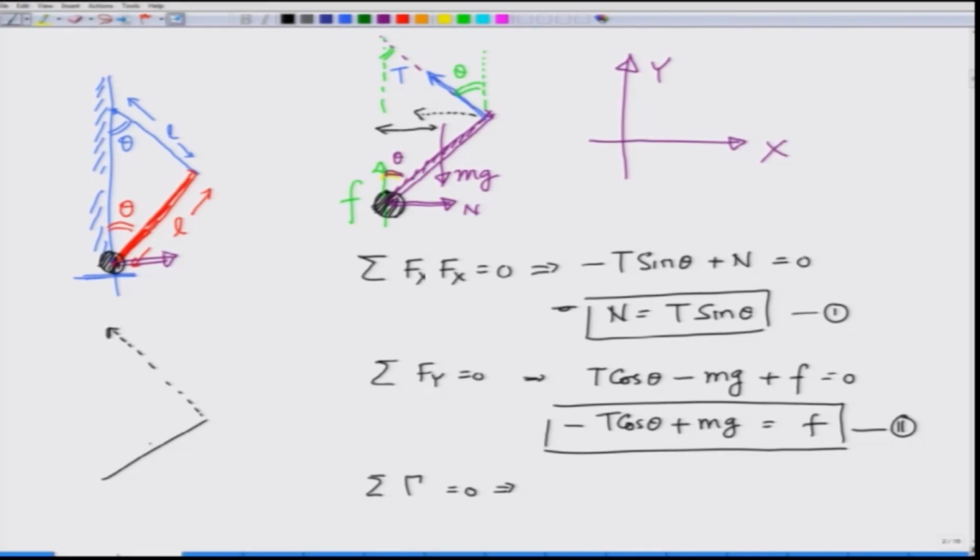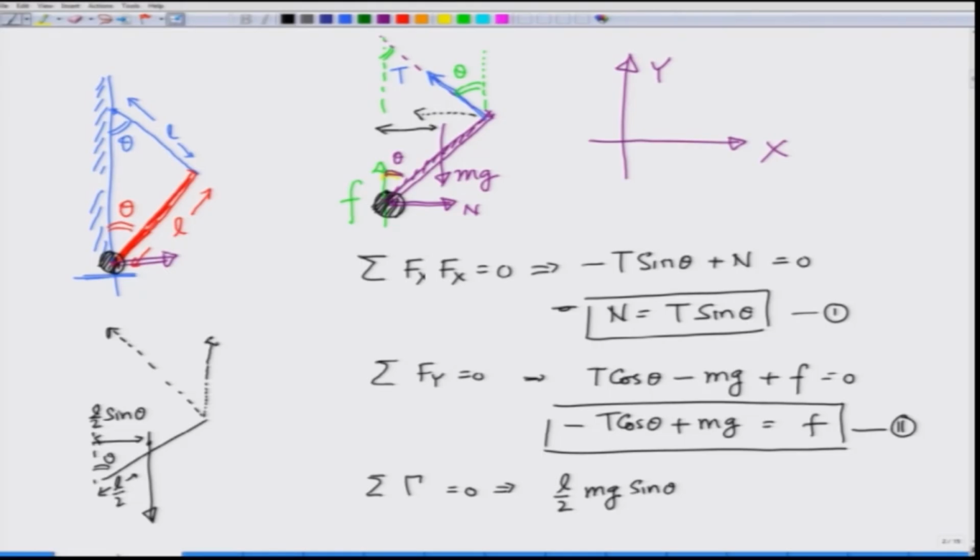This is T, here is mg, this angle is theta, and therefore this distance is L by 2, this is L by 2 sine theta, and this has a tendency to make the frame rotate in the clockwise direction. So, let me take that to be positive. So, it is going to be L by 2 times mg sine of theta, and T I can easily calculate,